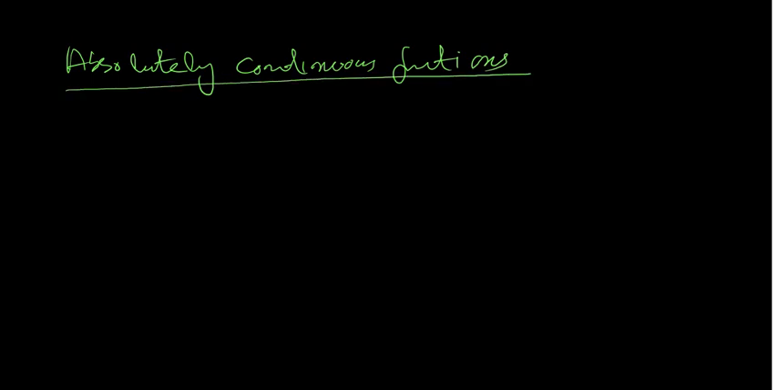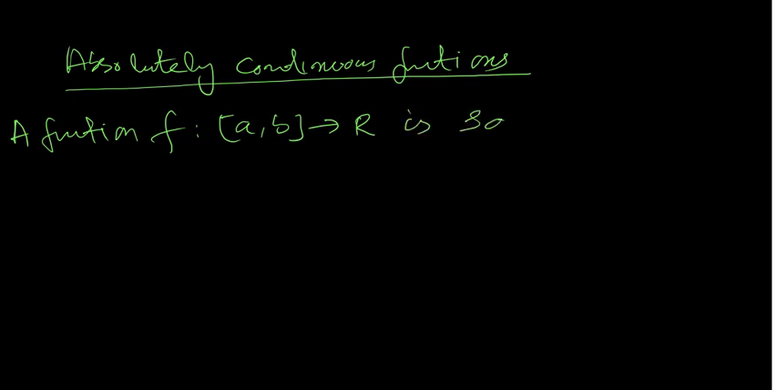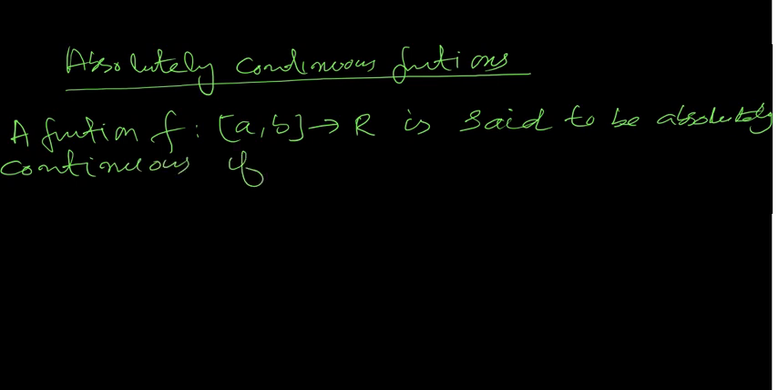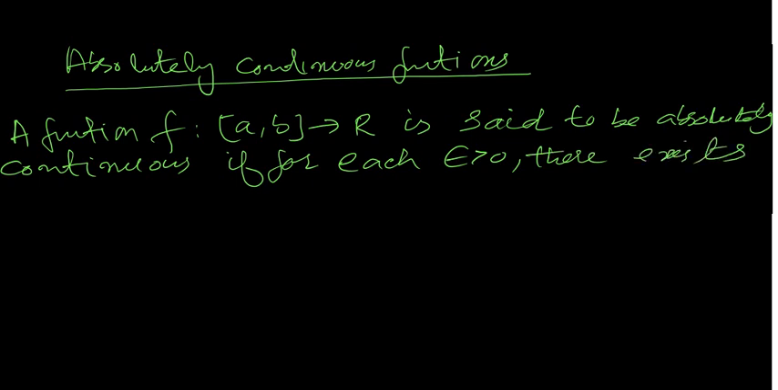Okay, so let me first define absolutely continuous function. A function from the closed interval AB to R, a real valued function on a closed and bounded interval AB, is said to be absolutely continuous if for each epsilon positive there exists a delta positive, such that